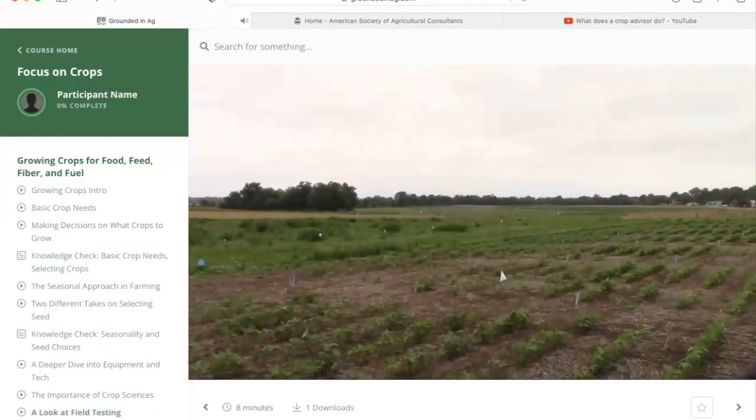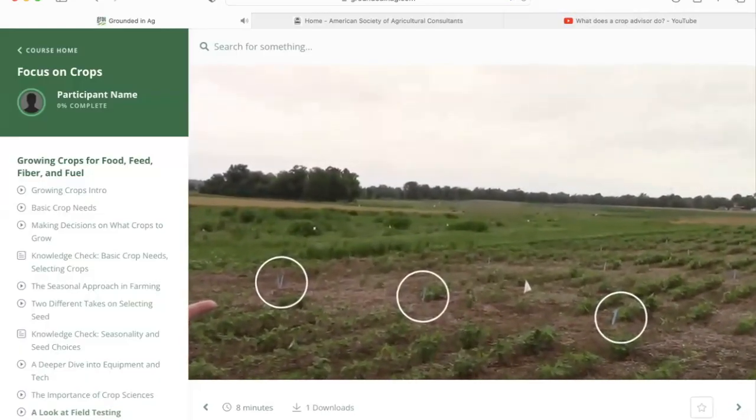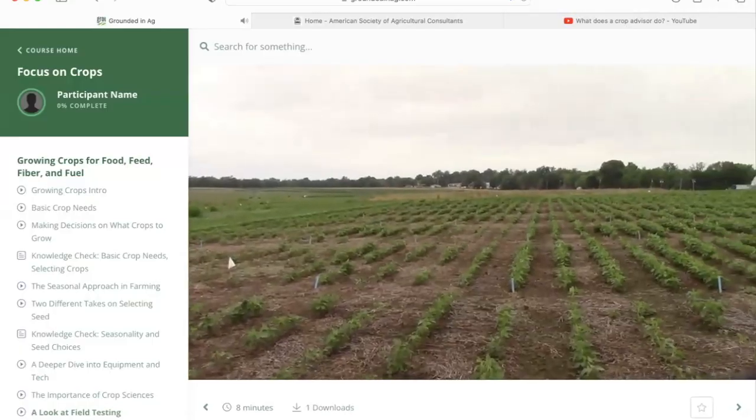That blue stake is in row 1 of a 4-row plot. So each one of these stakes you're looking at, that means that there's going to be a 4-row plot that's